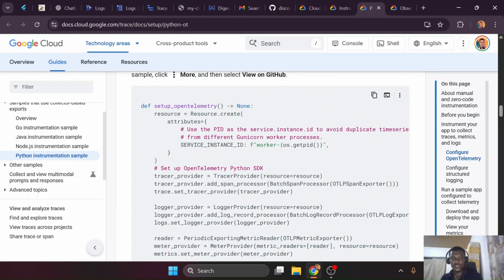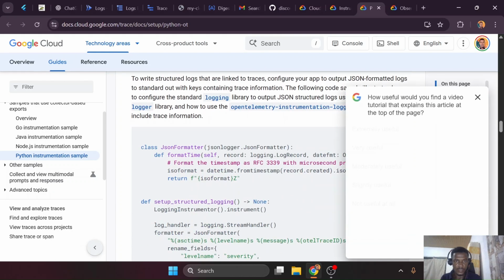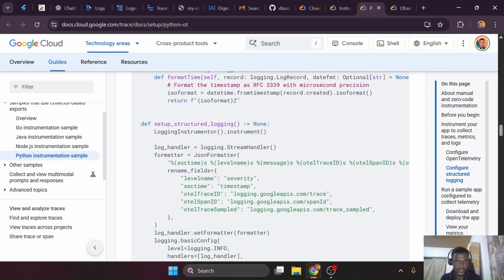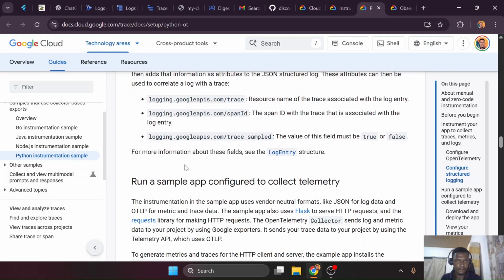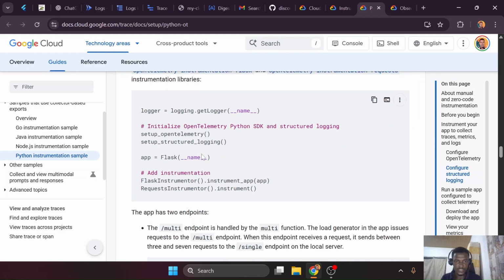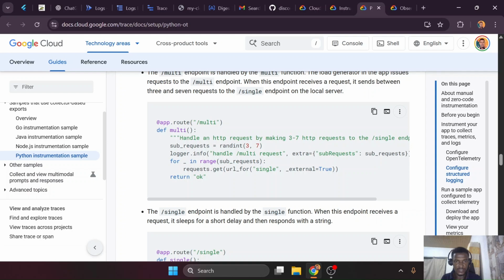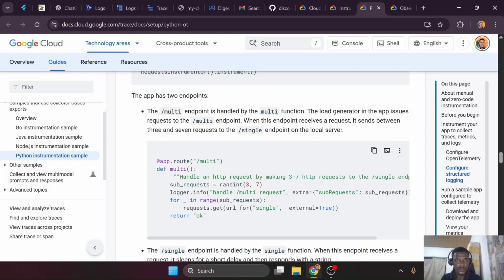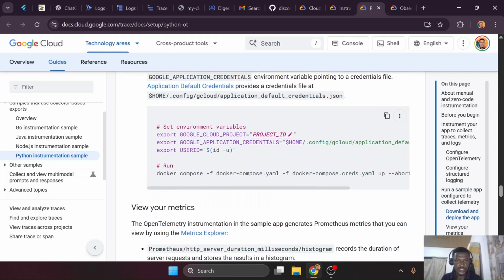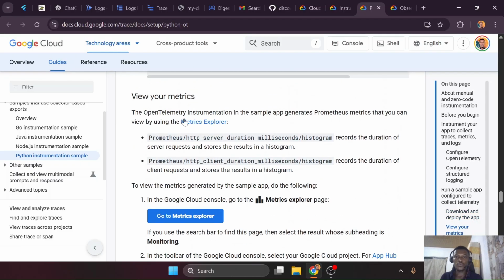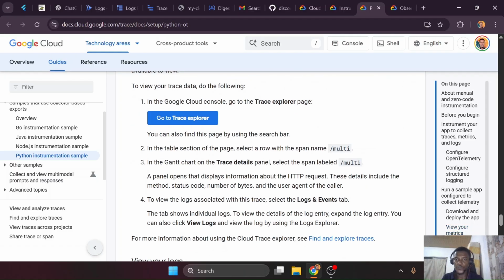Right, so this sets up OpenTelemetry, just a few metrics about it. The JSON formatter is set up, some form of structured logging with the JSON formatter. The sample application sets up telemetry, and then with Flask, you instrument the application. The app has two endpoints, so it sets up two endpoints. And you are able to view the telemetry about the application, and you're able to also view the various